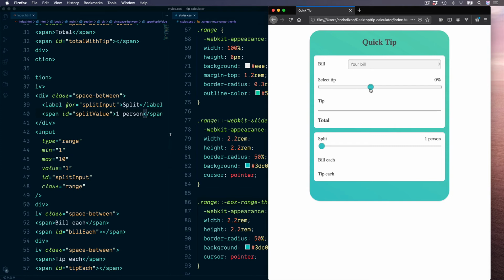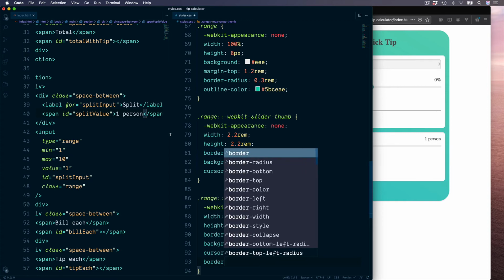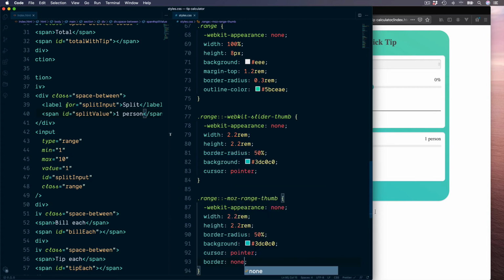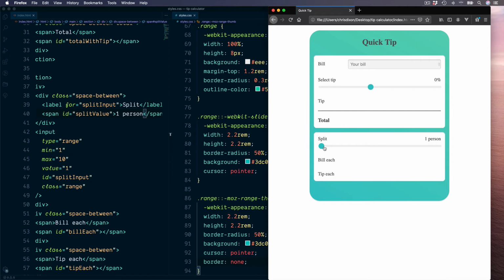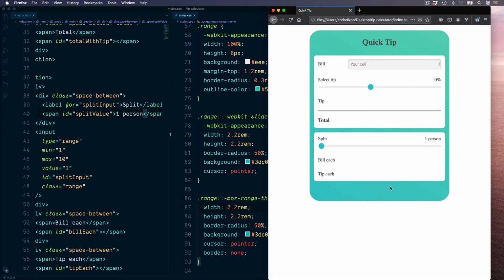So a couple of things to note here. We see there's a border around the thumb inside this browser. So we can set the border to be none. This will then remove this. We also don't need to include the WebKit appearance of none for this browser. But one thing we can improve on when we click and make this active is this dotted line around the